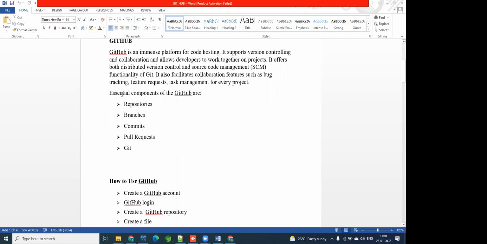Okay, in GitHub, we mainly have these essential components: repositories, branches, commits, pull requests, and Git. Before going to these things, I will show